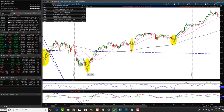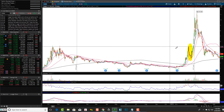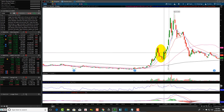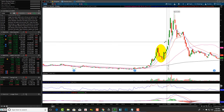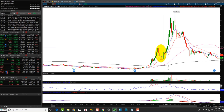Let's take a look at CANN, C-A-N-N, a well-known pump and dump pot stock company. You can see a big V bottom here. It didn't even have a pullback. It went up. But if you zoom in, there was a V here with a pullback, a flag, before it broke out. So there was a V, it pulled back, went up, had resistance up here, didn't pull back, it just broke out,